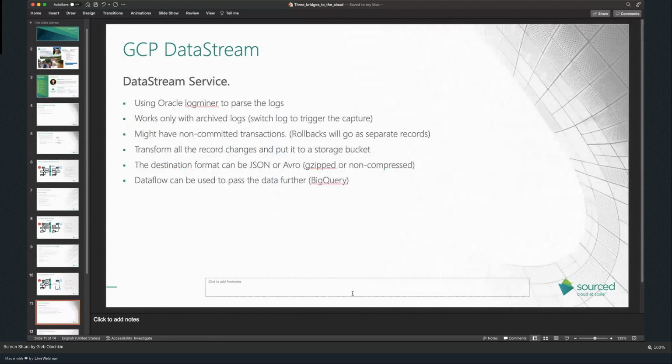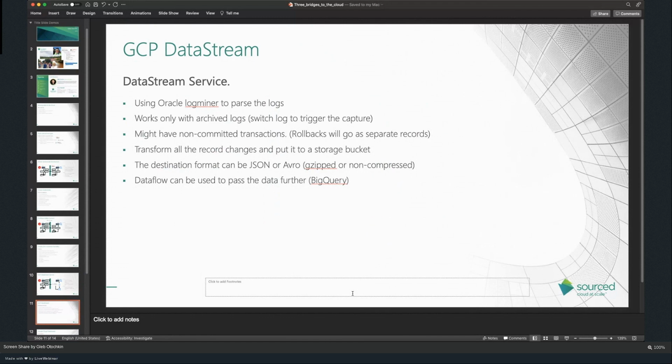Again, it is using Oracle LogMiner and works only with archive logs. That is what it says, and what I found from the test. You're probably aware that Oracle writes a transaction to the redo log as soon as you create it. You change the row, even before you commit it, and it is going to be in the redo log. So what would happen if you don't commit the transaction but switch your archive log? Of course, that log will have that transaction, and it will be written to the destination side, even if it is not committed yet.